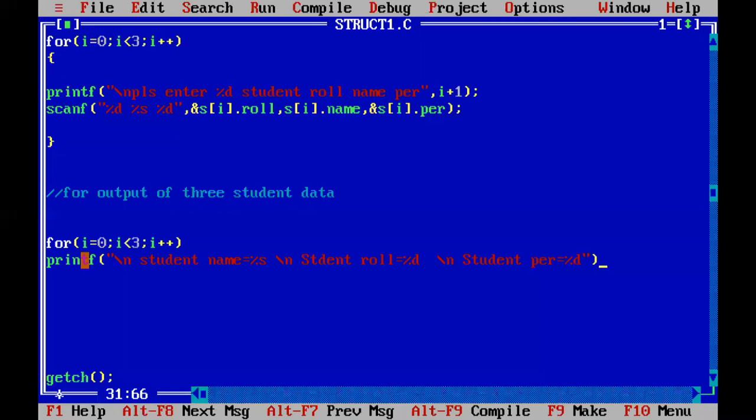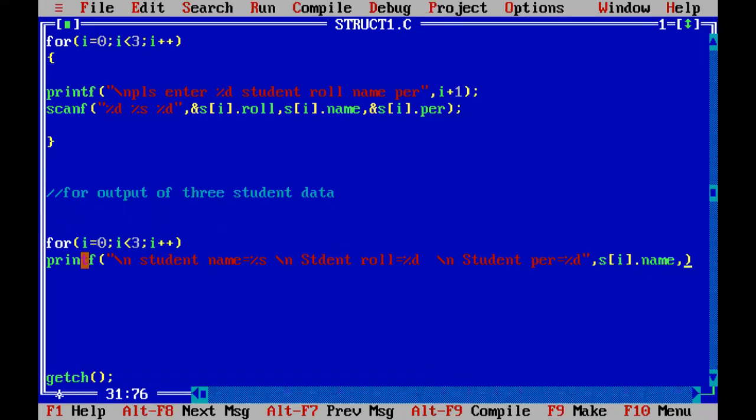How to replace percentile s, percentile d? You have to write after the comma. First percentile s is replaced with s of 0. s of 0 means s of i, because the first time the i variable is 0. So s of i, first student variable dot, what you have to print? Name. And what about the second percentile d? Roll number you have to print.